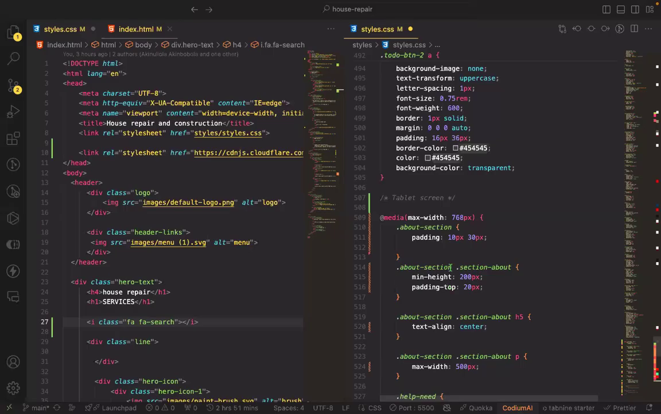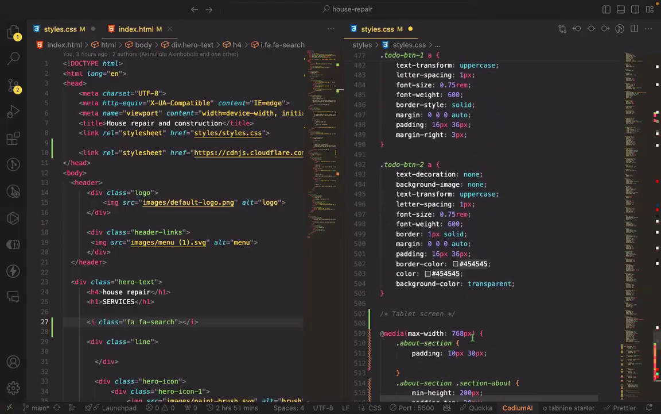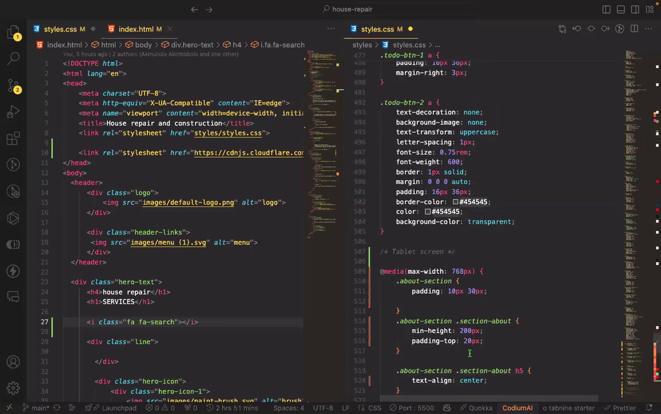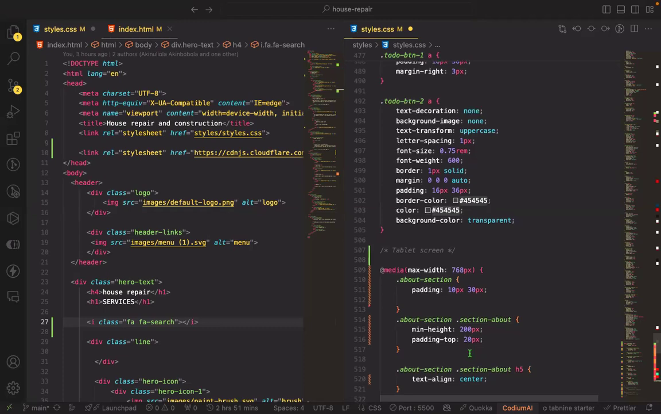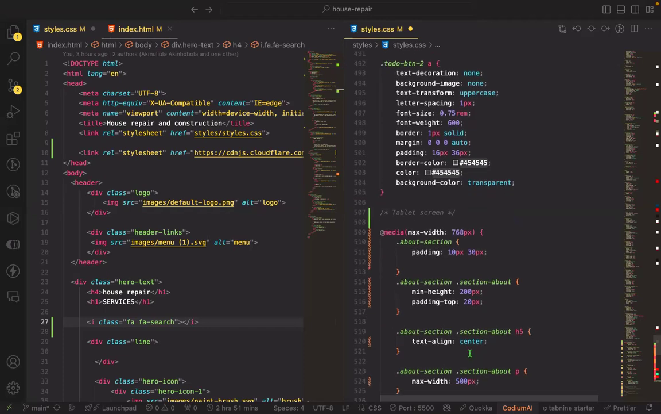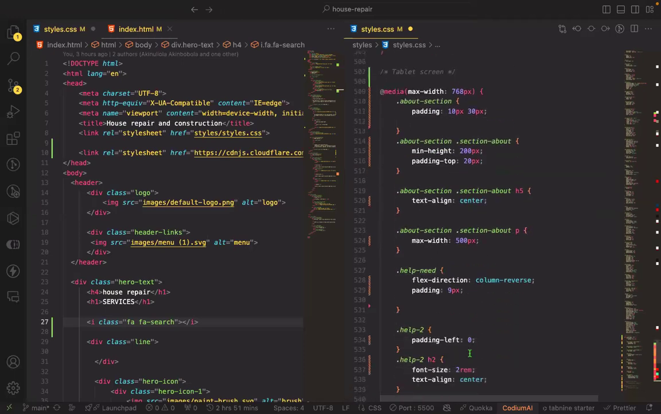So this is it right here. I am targeting my screen size at 768 pixels. And one of the major things I am doing with this responsiveness is to change the position of my elements, to reduce the font size, to reduce the margin, to reduce the height, and to reduce the padding